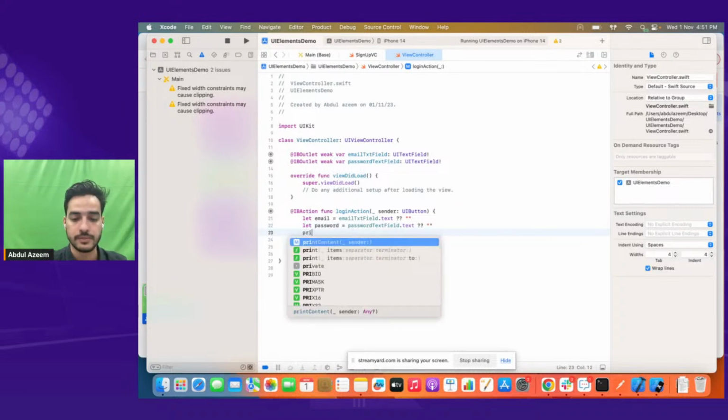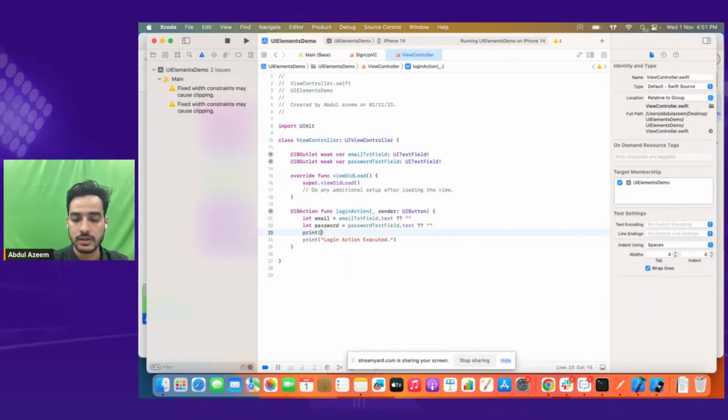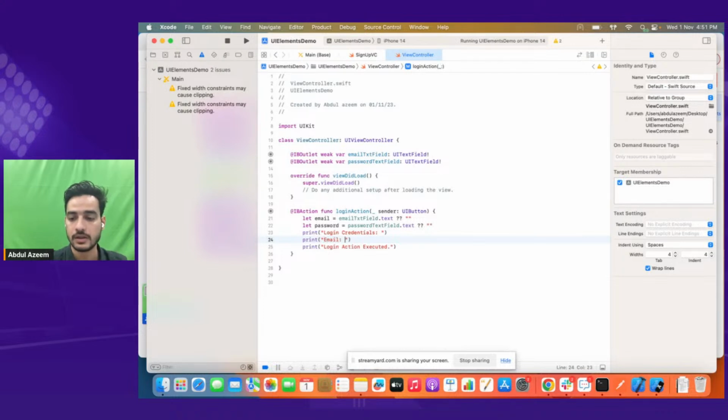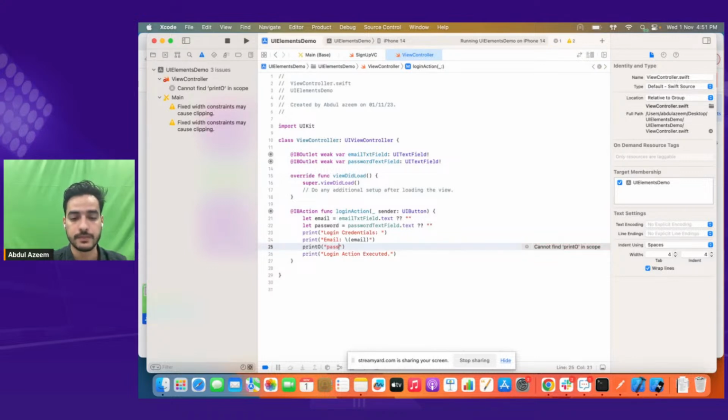So print login credentials, print email, that is email, and print password, that is password. Now if we run our app,